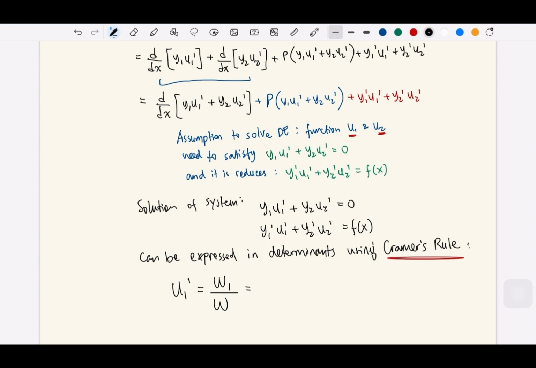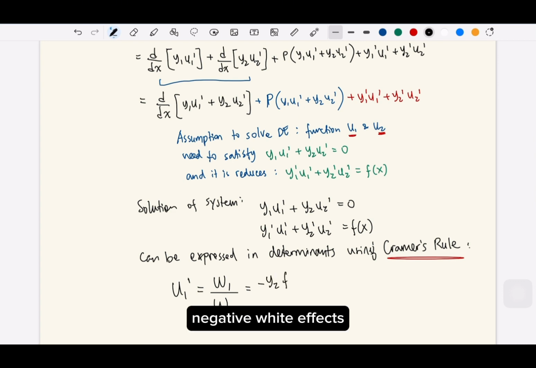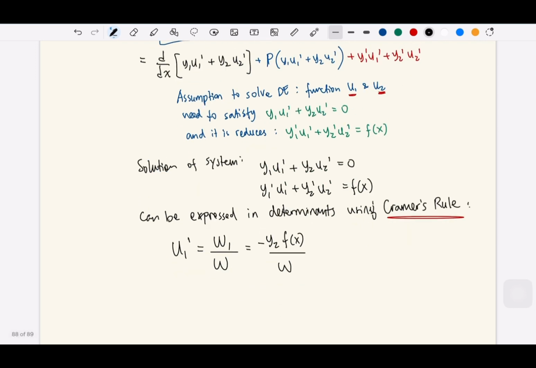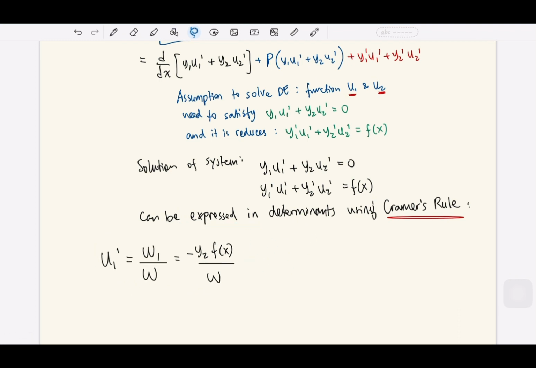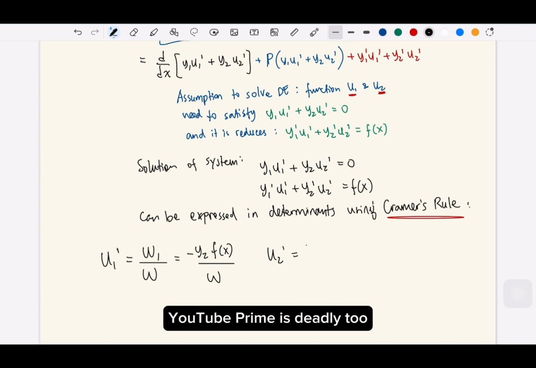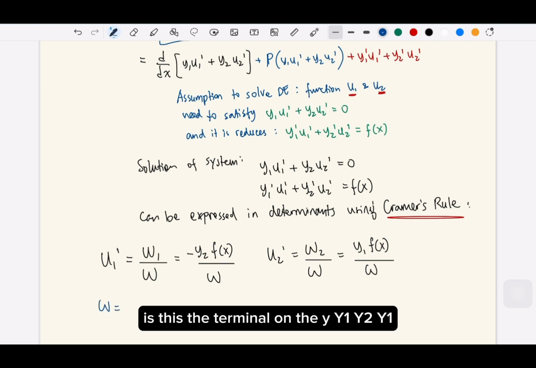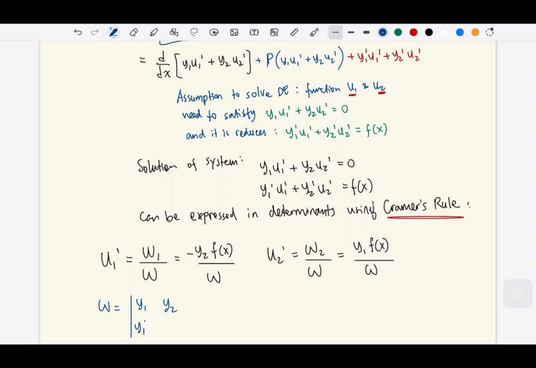This is equal to negative y2 f of x over W, and then u2 prime is W2 over W, where W is the determinant of y1, y2, y1 prime, y2 prime. And W1 is